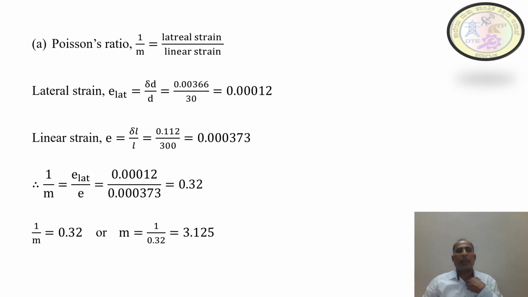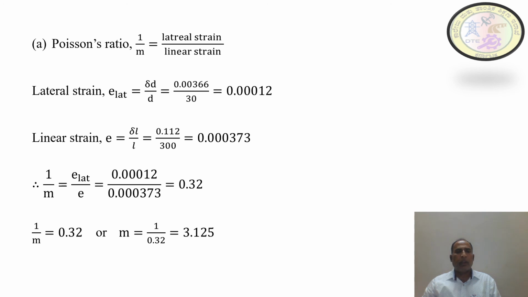So here in this problem, Poisson's ratio can be calculated by using the relation lateral strain divided by linear strain. Lateral strain is the ratio of change in diameter to the original diameter and linear strain is the ratio of change in length to the original length. So lateral strain e lateral is equal to delta D by D. Calculate it separately, 0.00366 divided by 30. So the answer will be 0.00012 and the linear strain e is equal to delta L by L, that is 0.112 divided by 300 and the value of e obtained is